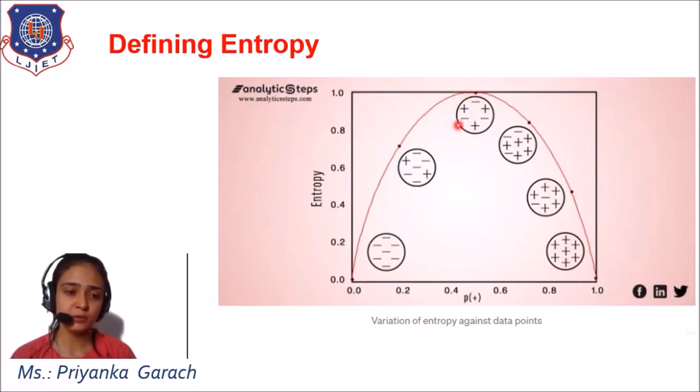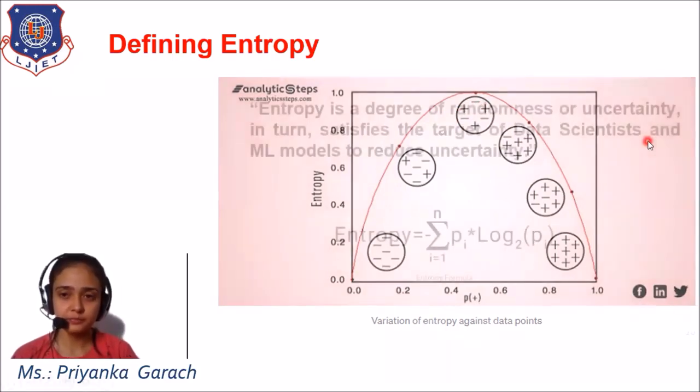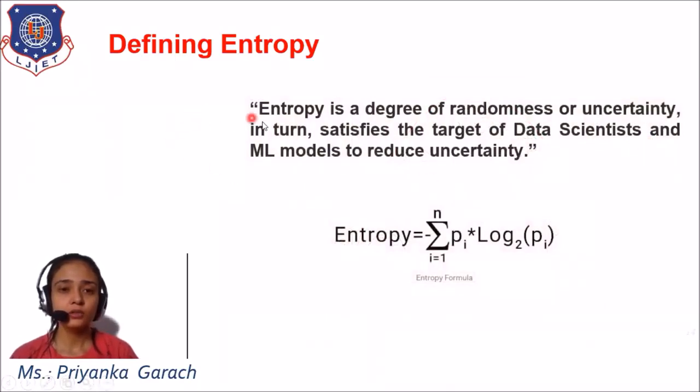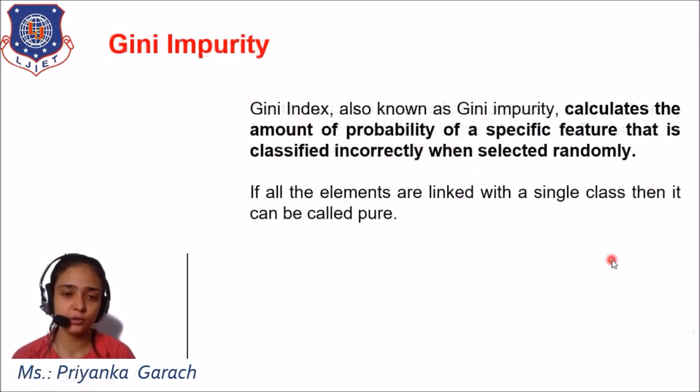It means the maximum impurity is present at this particular point when my data, or I can say my records, are equally distributed. Now, what is entropy? It is the degree of randomness, that is, how randomly the records are distributed. The formula of entropy is minus the summation from 1 to n of pi into log of the probability to the base of 2. This is my formula of the entropy. You can calculate the probability of a class label and easily calculate the value of the entropy.